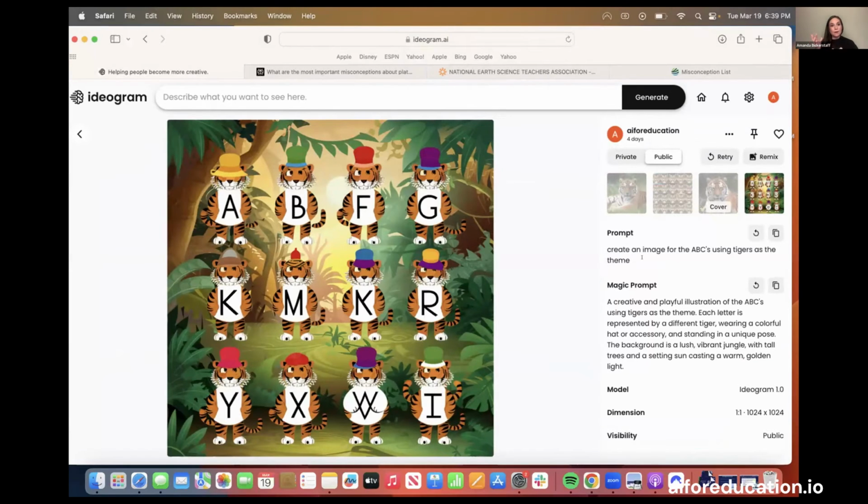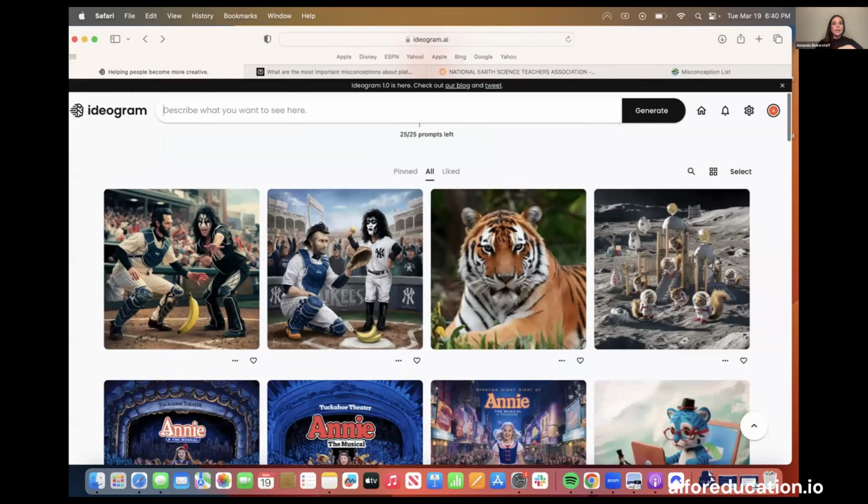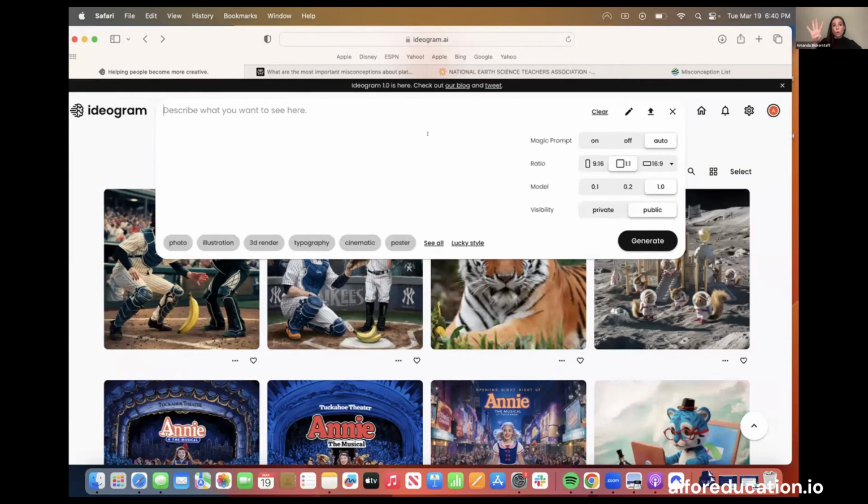And so it's going to be not perfect, but you can see how you can start to create some bespoke images that you can do in Canva. But the nice thing about this is that you can start to get a more fine-tuned approach. So you get 25 prompts, that's 4 images per. So you have 100 free images a day, which is pretty amazing. You can pick the ratio, ours are public, but you can do photo, illustration, whatever. So now if I want to do,